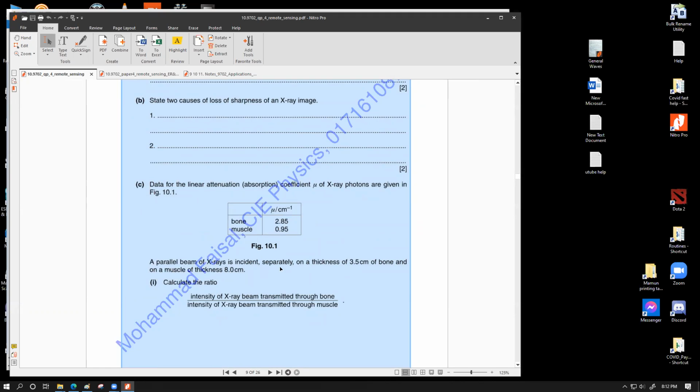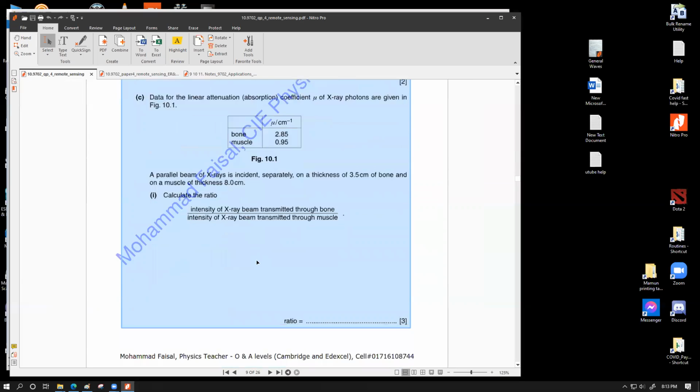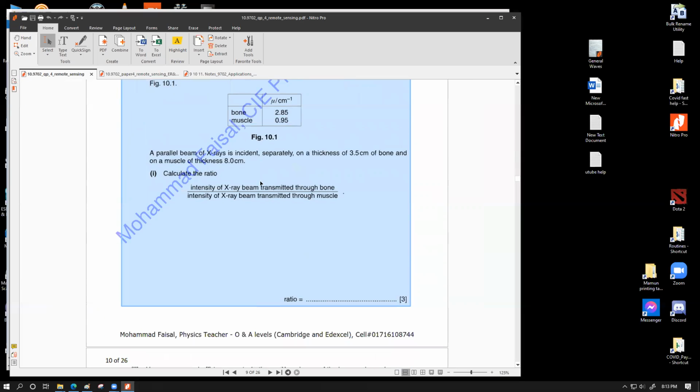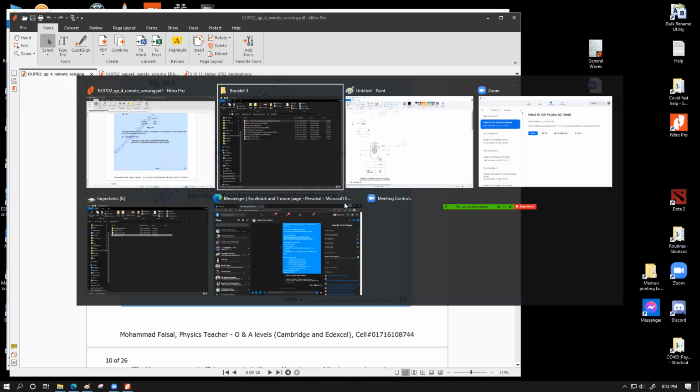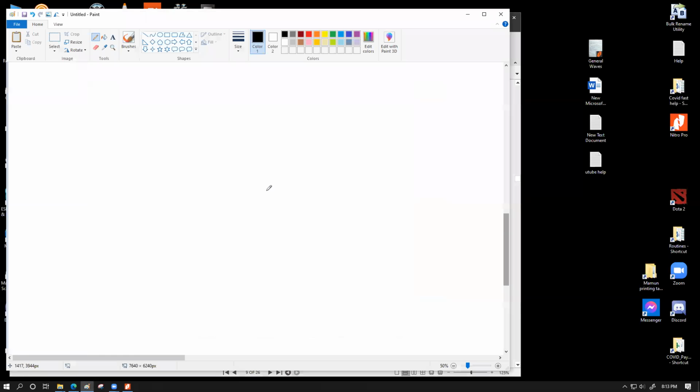A parallel beam of X-ray is incident separately on a thickness of 3.5 centimeter of bone and on a muscle of thickness 8.0 centimeter. Calculate the ratio of these two things. In this case, they are asking us to calculate the intensity of the X-ray beam transmitted through bone divided by the intensity of the X-ray beam transmitted through muscle. So they are asking us to find the ratio of both of the transmitted intensities. So if we try to solve that,